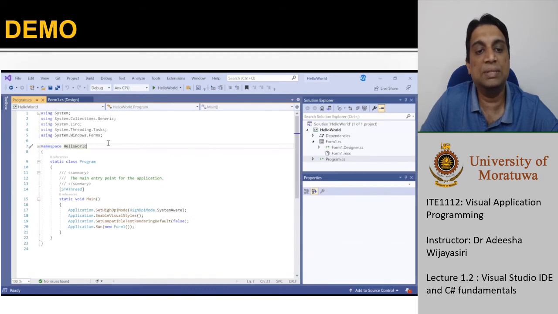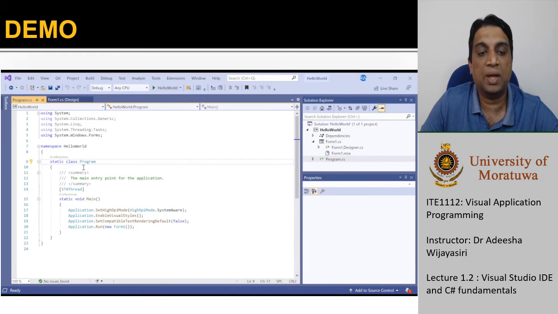In this project, we selected Windows Form type as our project. So you can see that some of the code has already been generated. Here you can see the keywords are highlighted in blue color. So namespace, class. The idea of these keywords, we will discuss later in detail, but for now, the class is actually a kind of container or a blueprint from which you can create objects.